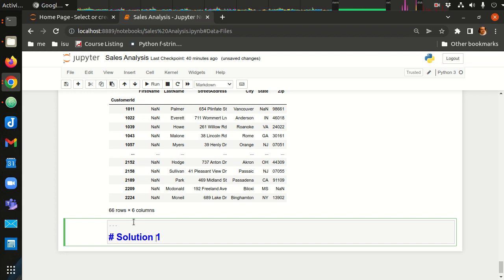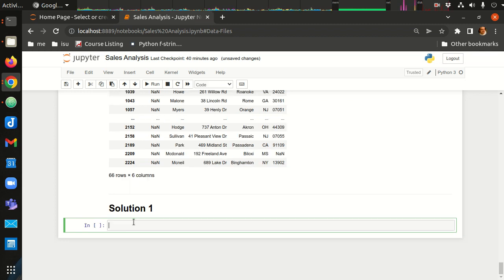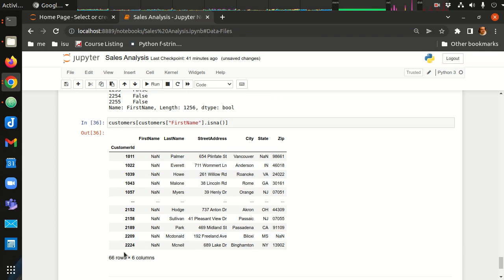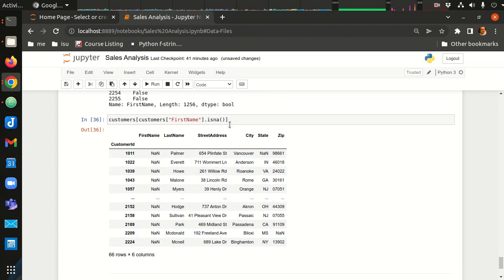Okay, so solution 1, what do we need? We have the field name, that's going to be first name. So I'm going to set this up kind of generically because we're going to do this for the first 4 problems. We want to know how many missing fields there are. So we're going to say we want the length of this list, right? We know that's 66, but it's customers, the number of NA values where the first name